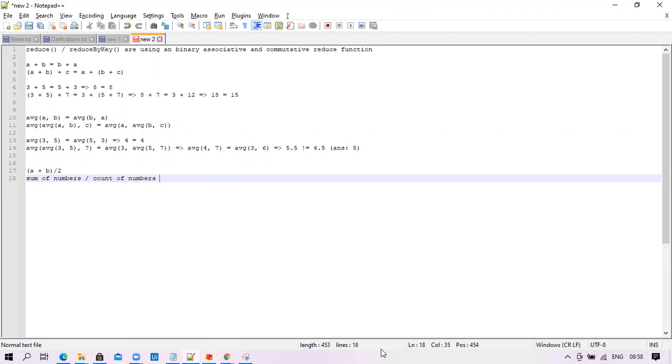Instead of calculating the average at each step, we calculate the sum of the numbers and the count of the numbers. Then take that result and again use it with the third number. Like that, incrementally you keep calculating the sum and count,